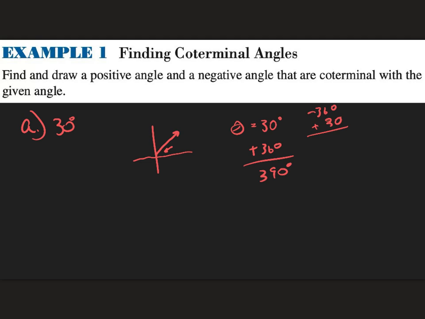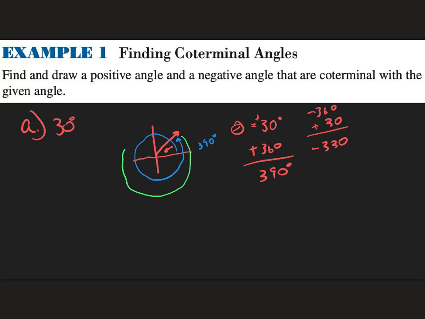And a little bit of algebra. Larger number always goes on top. Same signs add, different signs subtract. Any number without a sign in front of it is positive. That gives us negative 330. So if I went around the circle in a positive direction, this will give me 390. If I went around the circle in the negative direction,